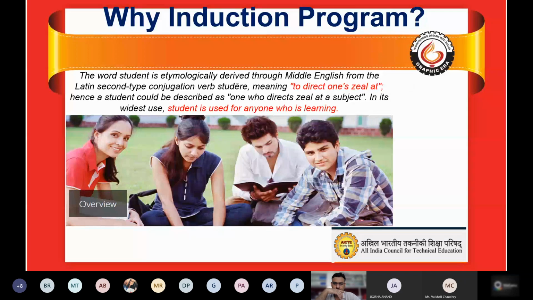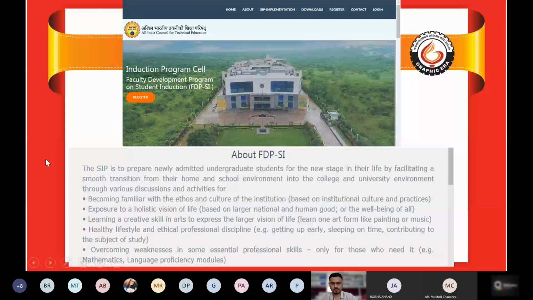So that's why the idea of this induction program is to learn something. Now, what is learn, and what is something actually? So this is the website of AICTE, and you can see this picture where it is written induction program cell